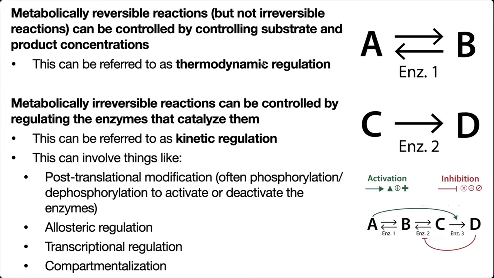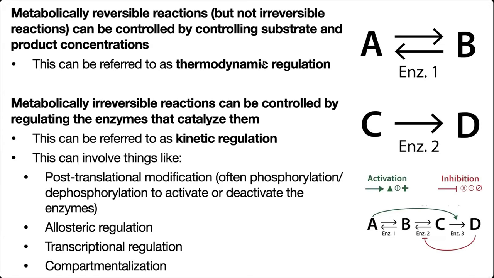And so the enzymes are what's going to actually make it likely that it'll happen inside of cells, inside of organisms. So by regulating those enzymes, we call this kinetic regulation, then we can control whether the reaction will happen even though we can't control which direction it would go if you just left it to its own devices without controlling those concentrations, because the enzyme is going to lower the activation barrier in both directions.